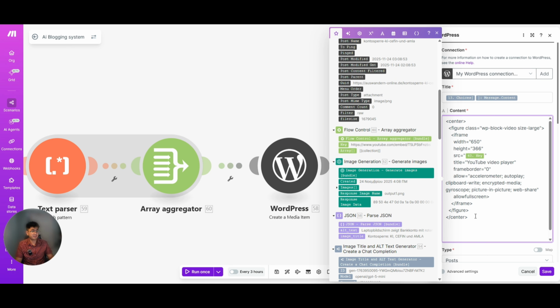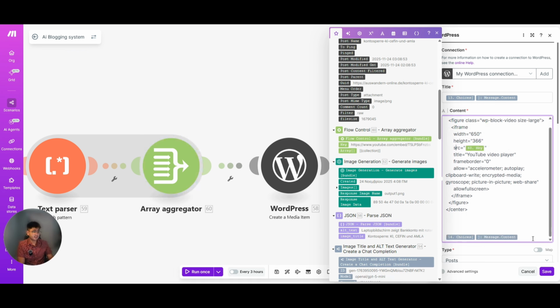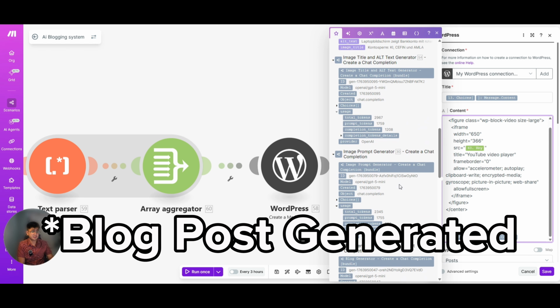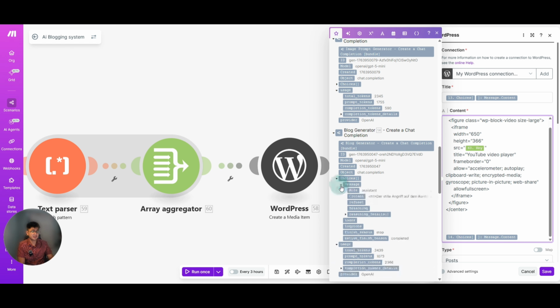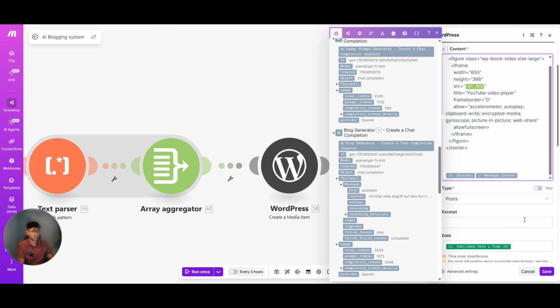Just put some HTML tags here to make it work in the front end. For the source, we will use the output from this array aggregator. We now have the clean YouTube embed link and the blog title itself, which can come from this blog generator module. From this choices, message, this is the actual blog.